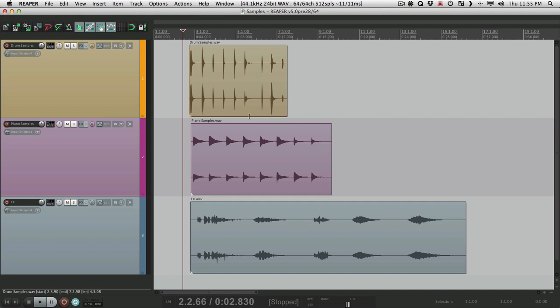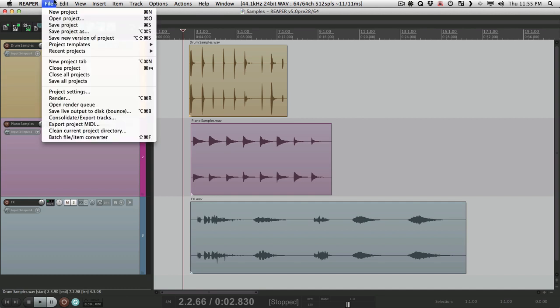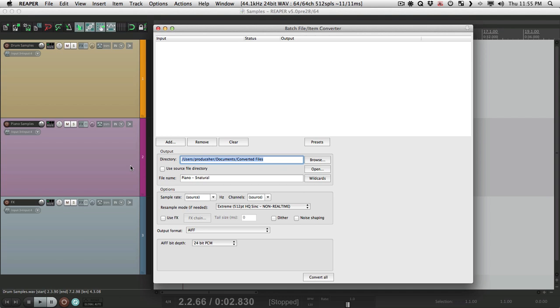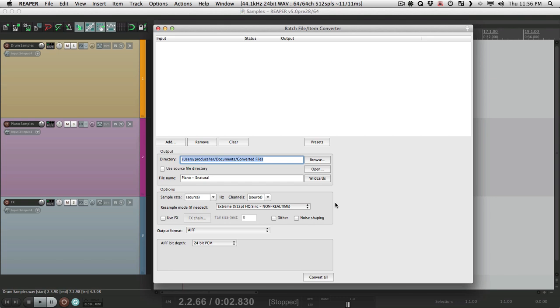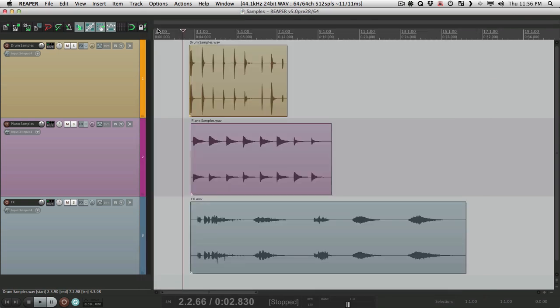Now, one of the nice things about this feature, if we open it up again, we don't have to use audio that's in Reaper. We could use this feature with external files on our hard drive and just convert them and make copies. We don't actually have to bring the files into Reaper. We can go to Add and choose Add Files and choose them from our directory or our Finder. But to make it easier, in this tutorial, we're going to use files that are in Reaper, like these ones